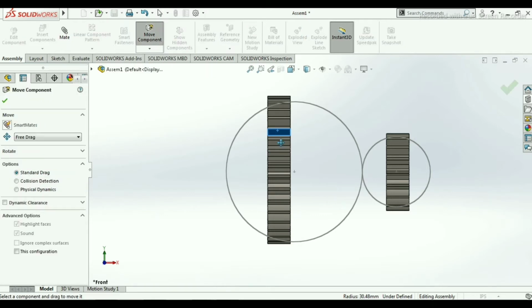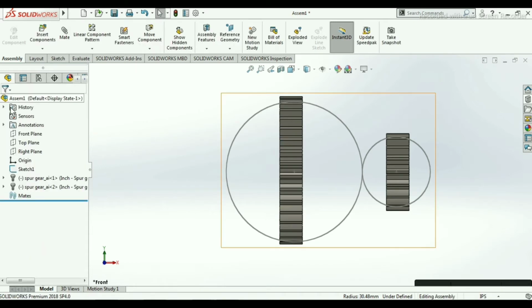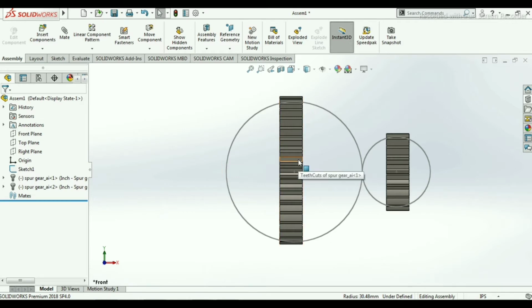For moving this component, if we go for this component, then we will move the component. Then we will click for OK. Now we will go for the mate. Click on this mate.